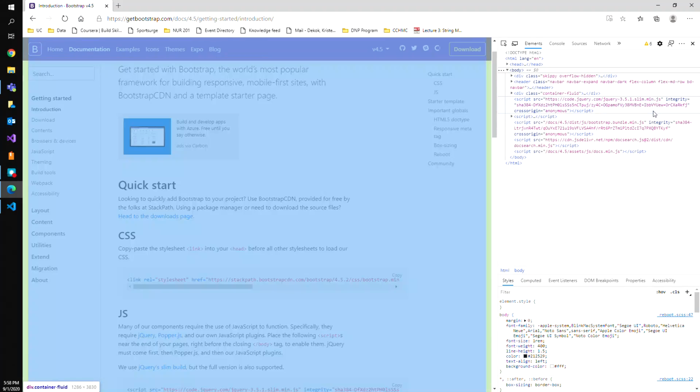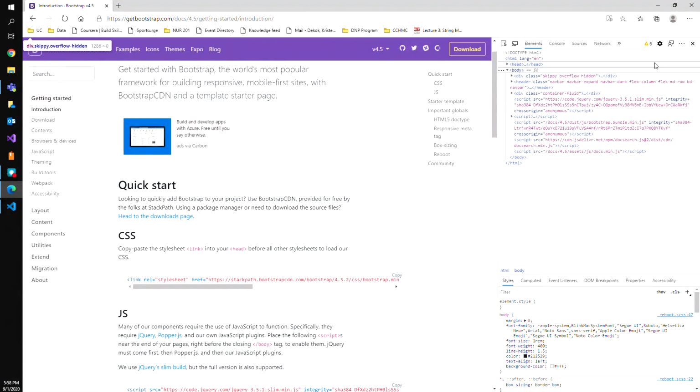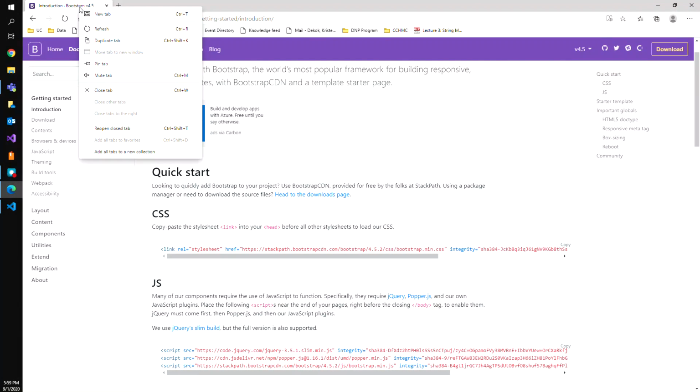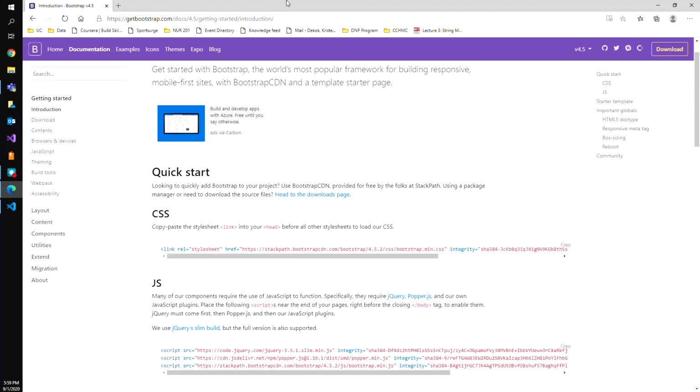It depends on what browser you're using, and what kind of developer tools it has. Chrome is really, really good for developer tools. This is actually, I think, Edge, and Edge is actually pretty decent for developer tools. That might be one of the first two times I've actually opened that menu in Edge. So if I go ahead and open Chrome,